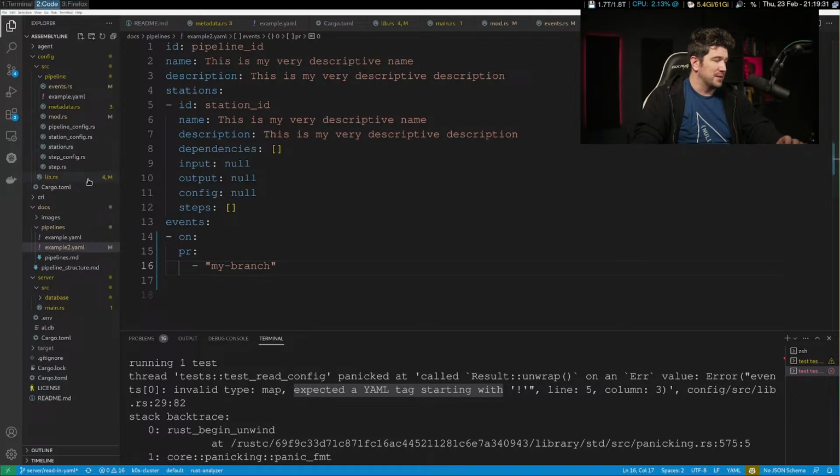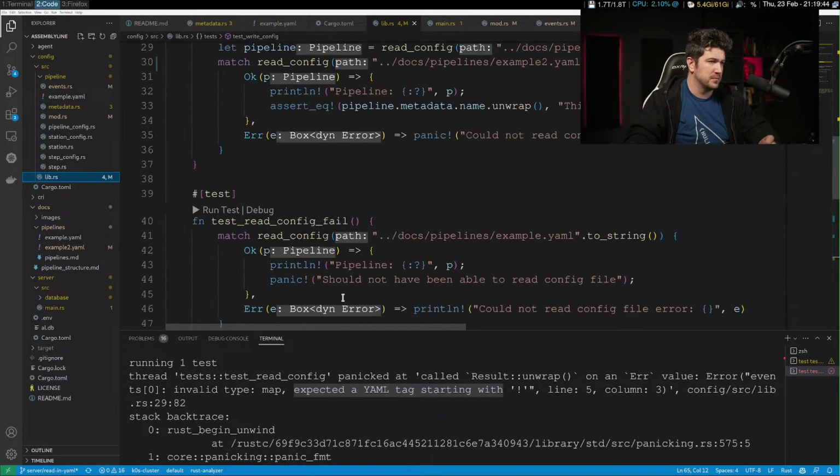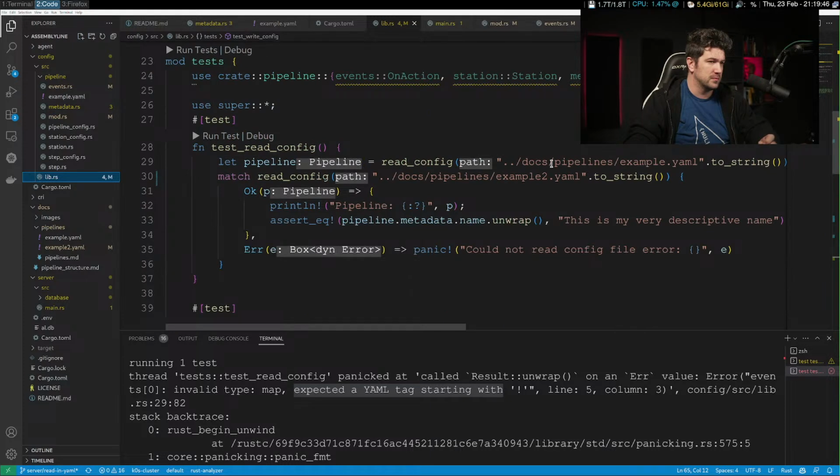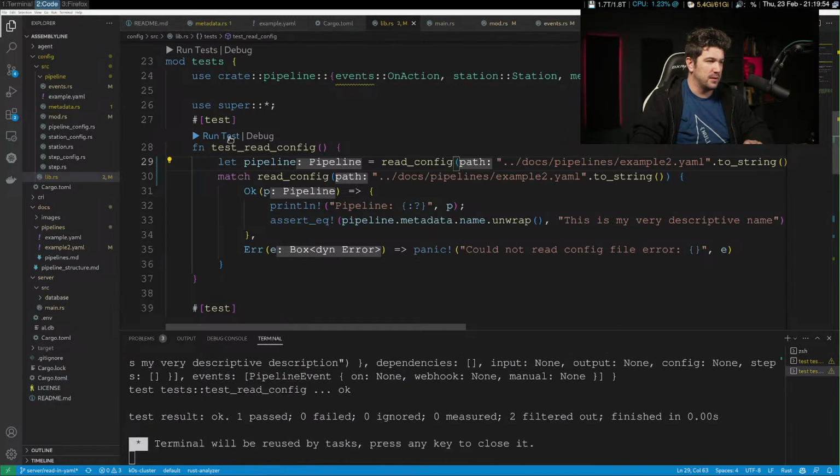Let's see if this works. And then we don't have to build all the struct out with fake data to then write it to a file, which is more pleasant to my current disposition. All right, so we'll read in YAML example 2. Let's see how this does. Cool, that worked.